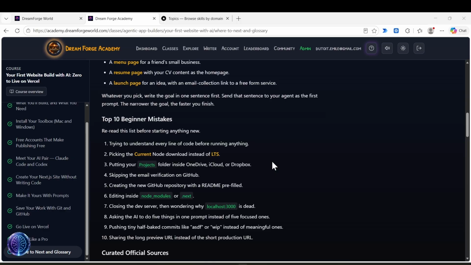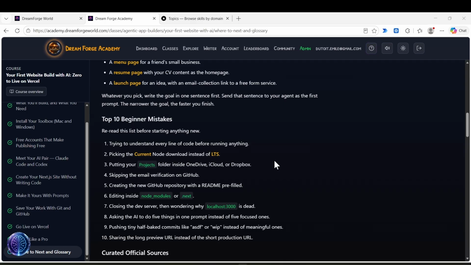Asking the AI to do 5 things in one prompt instead of 5 focused ones. The more context you give it, the smaller chunks you work with, the better results you will get. I know it feels like you are orchestrating and watching the agent, but that is exactly what you're doing, and the results are always better. Once you get more advanced, you'll get a feel for when you can give it some rope to run. You'll know how to do checkpoint commits, unit testing, and making sure that it's moving in the right direction and that there's no regression. Regression meaning, in high-level terms, making it worse than what it was before.